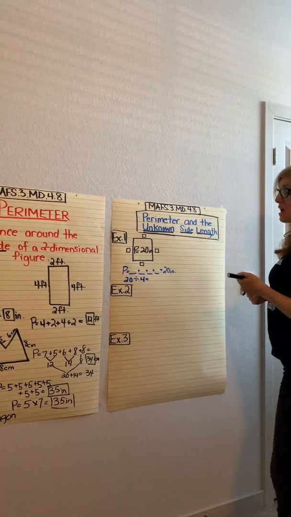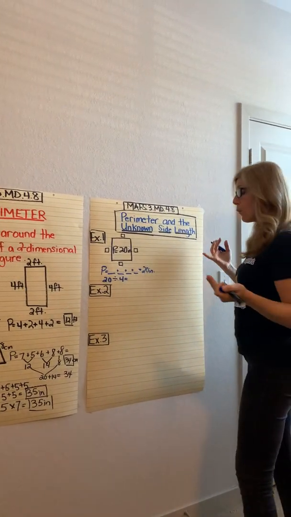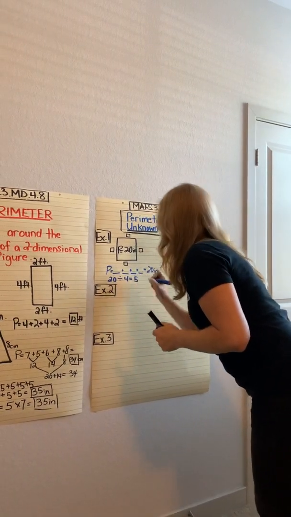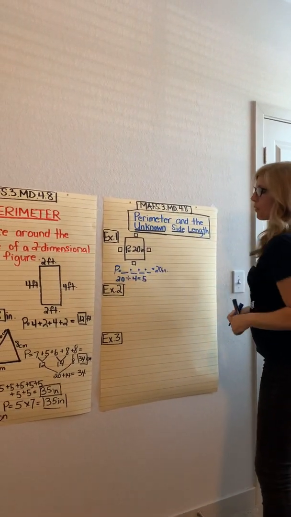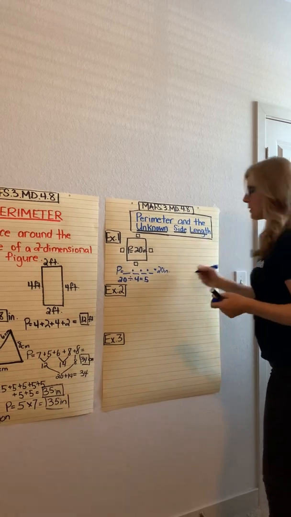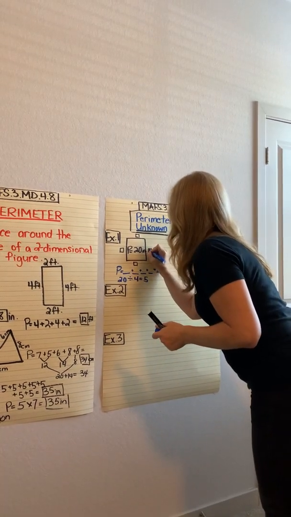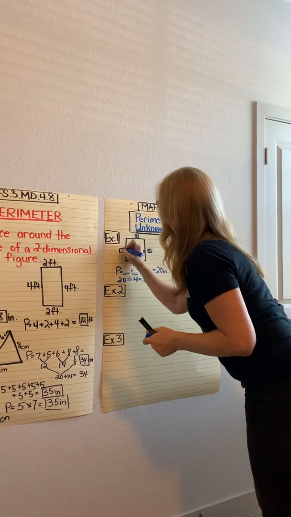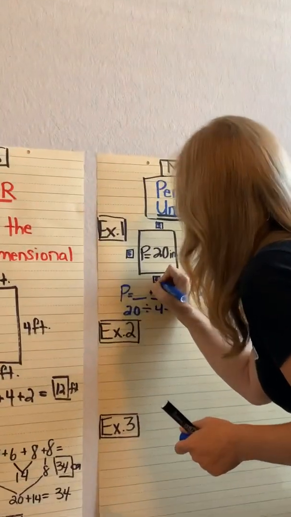And we can just break it down. 20 divided by 4, we know equals 5. 5 times 4 equals 20. There you go. It's that simple. So our unknown, in the case of this 20-inch perimeter square,